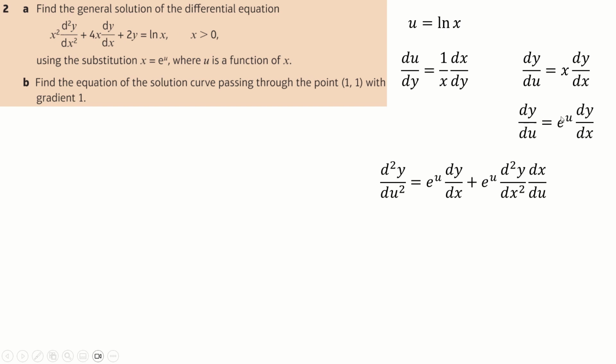This differentiated with respect to u, we need to do a product here, right? So this differentiated with respect to u is just e to the u, and leave this one alone. And then leave this one alone. And now this differentiated is just d2y by dx squared. That's differentiated with respect to x. But because I'm supposed to be differentiating with respect to u, I'm now going to tag on a dx by du afterwards. In the same way that here, I was supposed to be differentiating with respect to y,